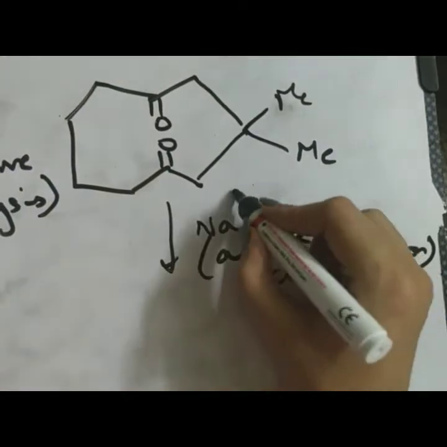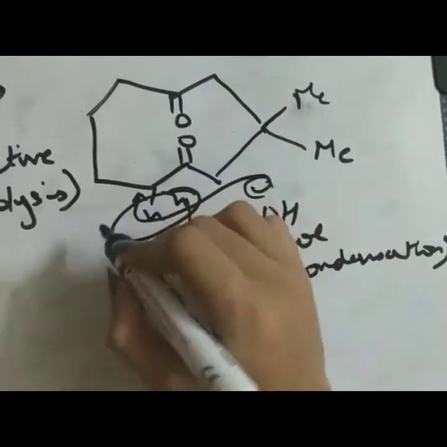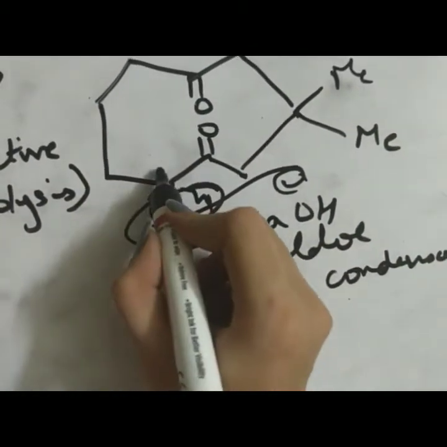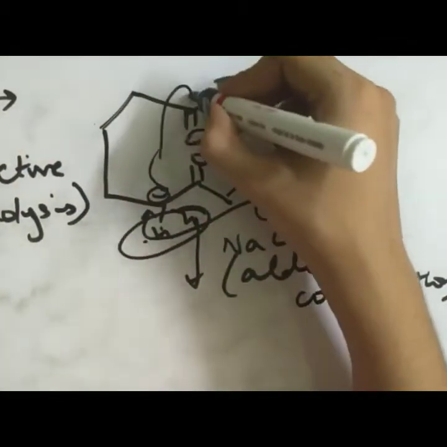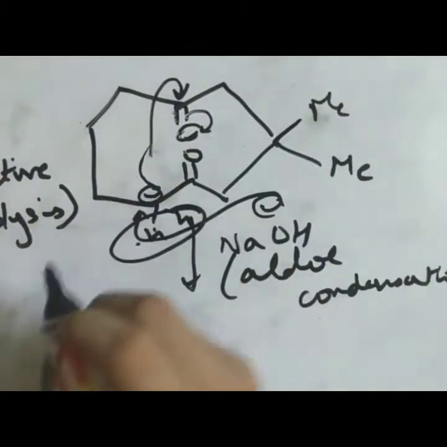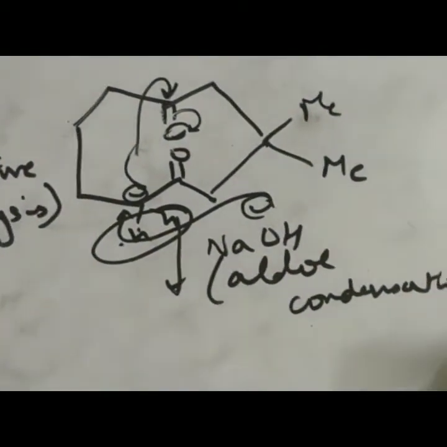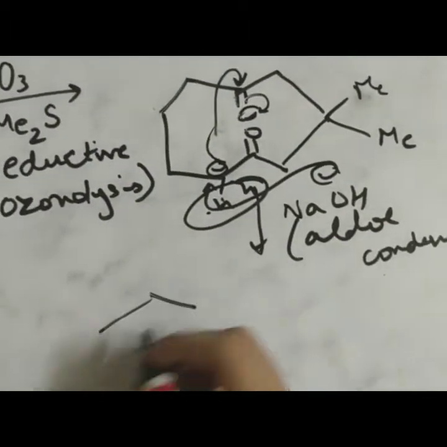Condensation. So see what will happen. OH minus will abstract a proton from here. So these are 2 protons. First proton is taken. I'll just tell you in brief. So the first proton is taken, and then that negative charge attacks this carbonyl from the backside, obviously, just like this. And when this attacks here, this bond shifts here. I already have discussed aldol condensation in detail in one of my previous videos. I'll put the link of that video in the description below. Here I'm just telling you in short what is going to happen.